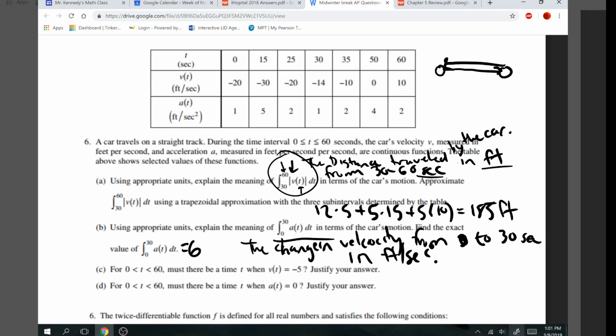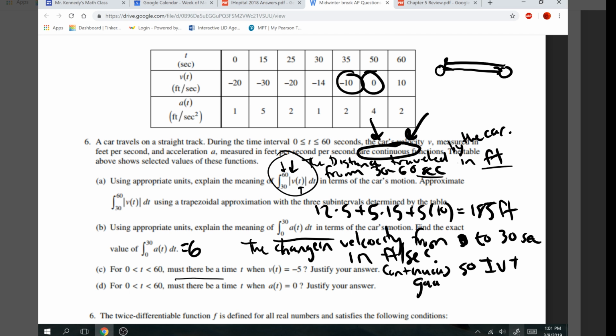Or must there be a time? And it's pretty easy to go, yeah, it's negative 10 at 35, it's 0 at 50. So, continuous. I need to say the function's continuous for the intermediate value theorem to work, and they tell me in the problem it's continuous. So it's continuous, so IVT guarantees